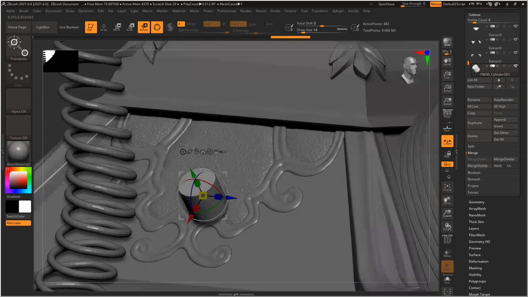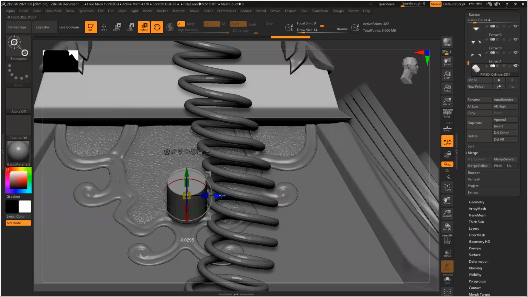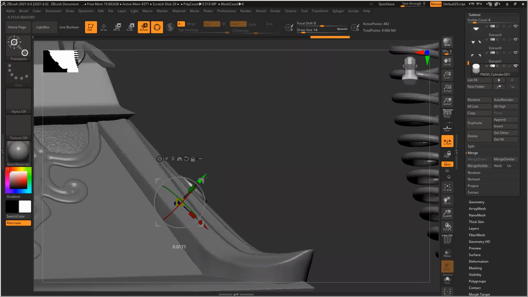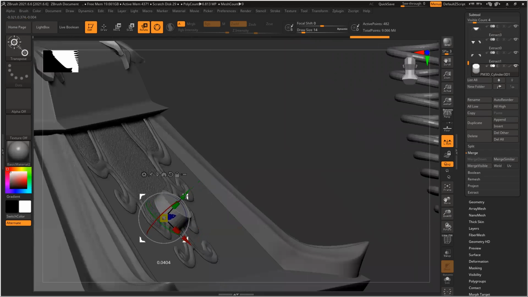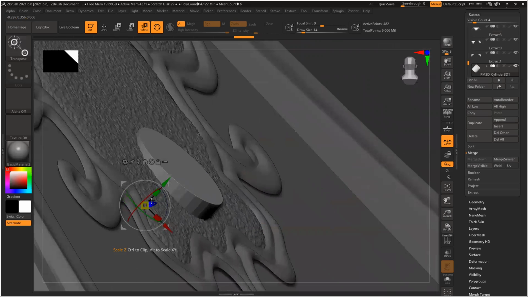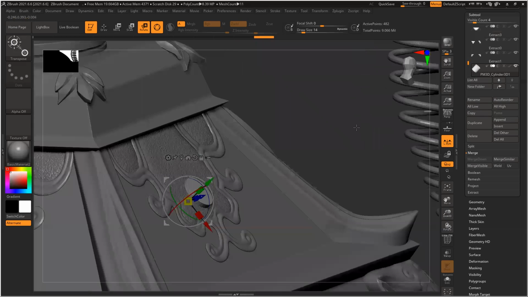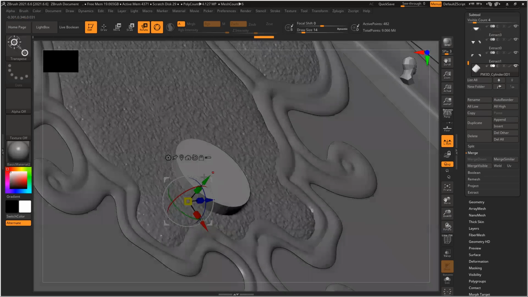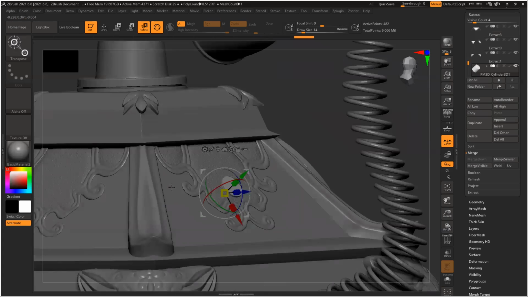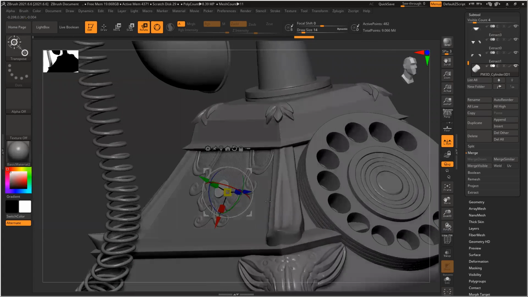Slightly bigger than this. Push it inside. Five degrees. Another 5 degrees. Yeah, place it here. So I've got this circular shape.